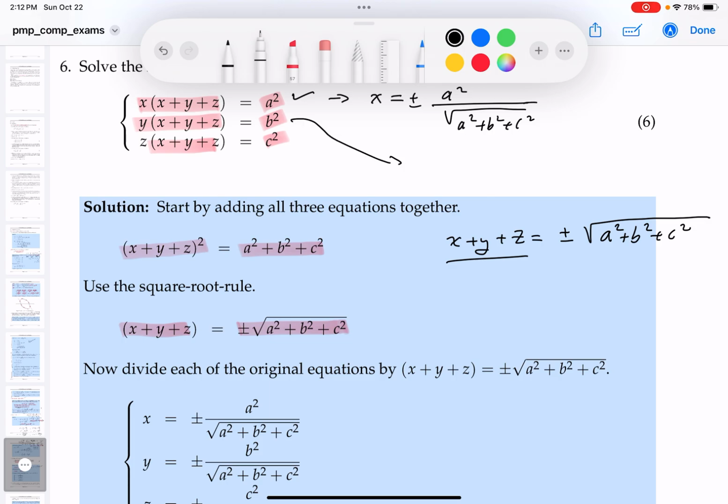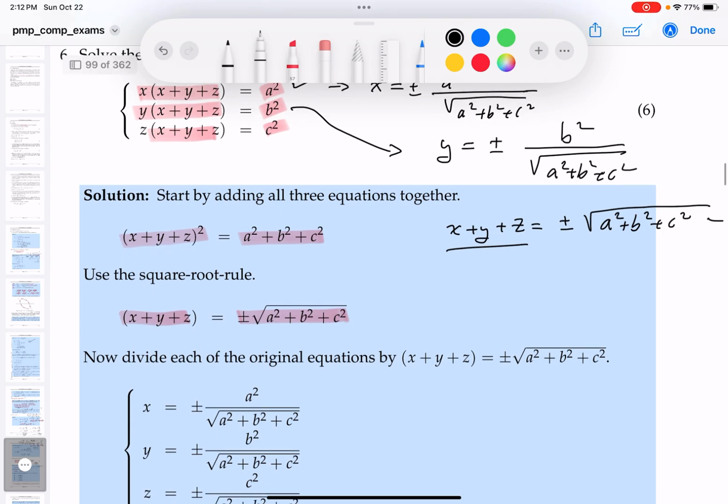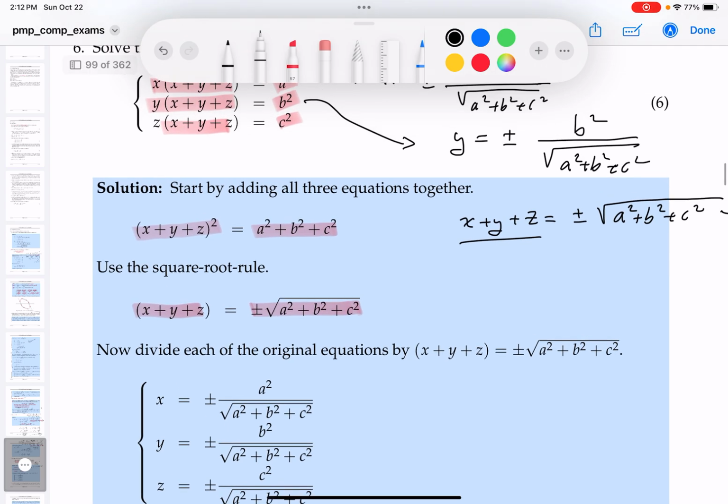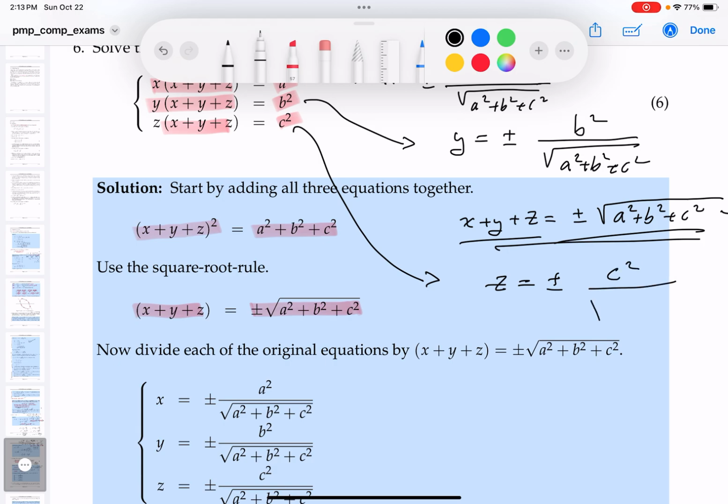Now, if I did this equation over here, and I divide by this thing over here, what would you get? You get y equals plus or minus b squared over the root of a squared plus b squared plus c squared, all right? And if you did the last equation, and you're dividing by this over here again, what do you get? z equals plus or minus, let's see, c squared over the root of a squared plus b